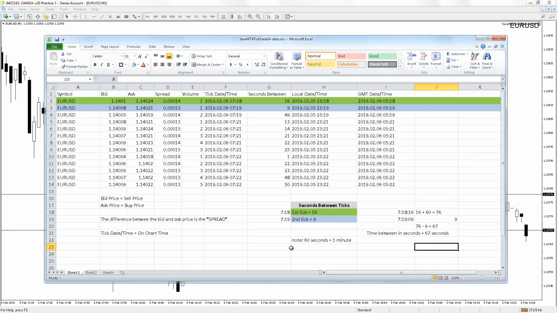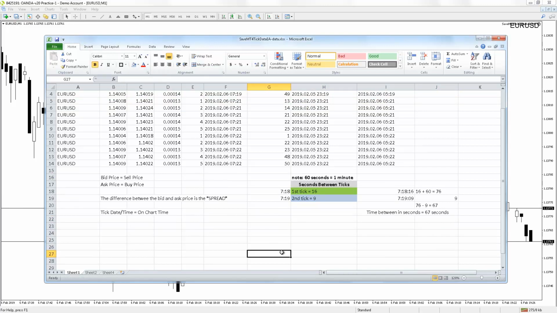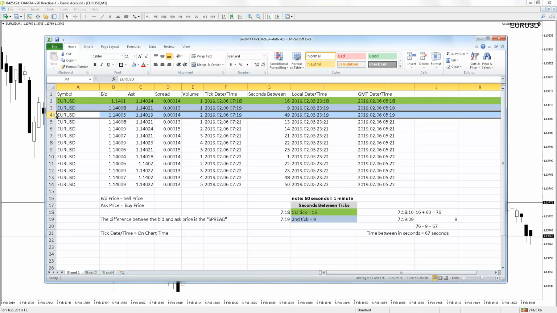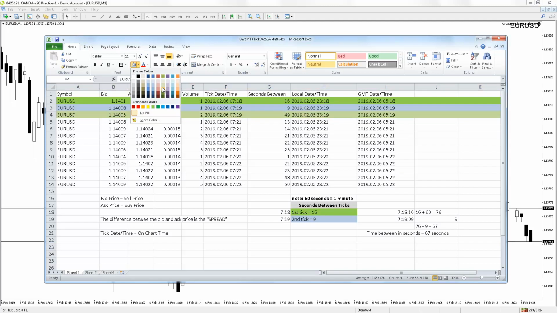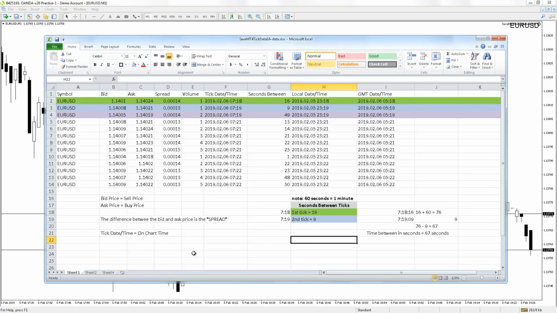So let's go a step further. Let's put the note up here out of the way. Okay, so let's go to tick 3. So tick 3 right here, and let's just color that. Let's go purple on that one, okay? So let's go down here. Let's go tick 3 purple. So the third tick equals